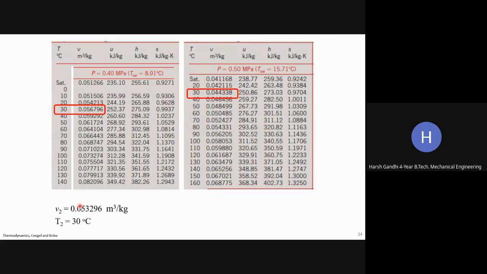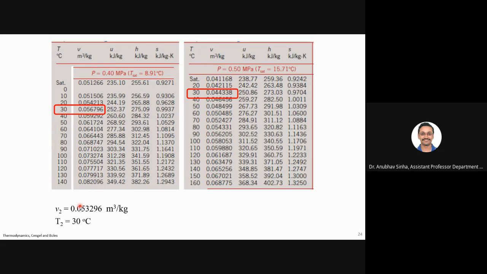We can compare these two with the question we have been asked. Oh yes, that's a good idea. That can be tried. I have not tried that. See, it is a very simple example. You will not get something as simple as this. I'm just trying to tell you how to look at the tables. But PV is equal to RT might also work. I will check this and get back to you.